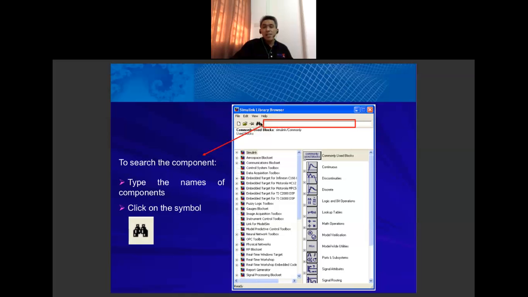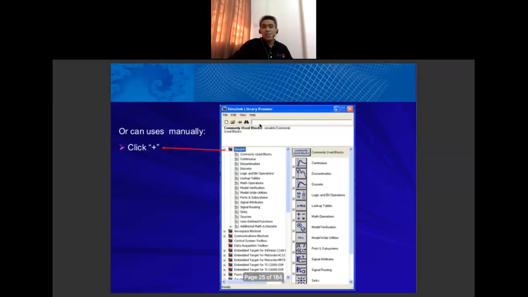If you don't know the name of the components, it's okay, you can find them manually. You check the components one by one by clicking the plus symbol in the Simulink Library Browser.